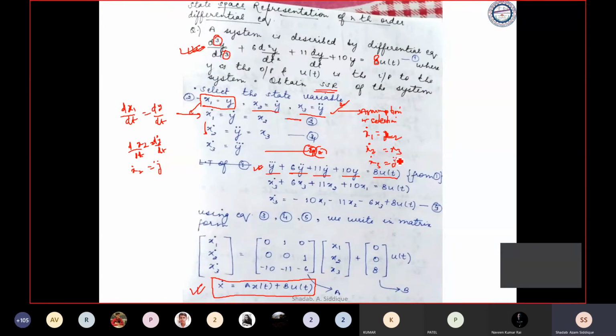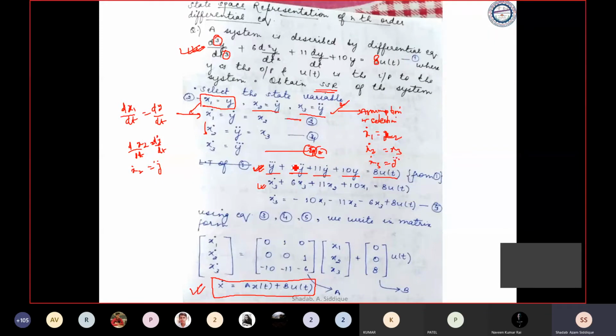Okay, so now I'll try to replace this. This is the differential equation from equation number 1. So this equation can be rewritten by substituting all these assumptions. So what is y triple dot? Y triple dot is nothing but x3 dot, which we found out. Okay, first you see this one, then next I'll tell you. So x3 dot is equal to this, and 6 is the same constant which is written here.